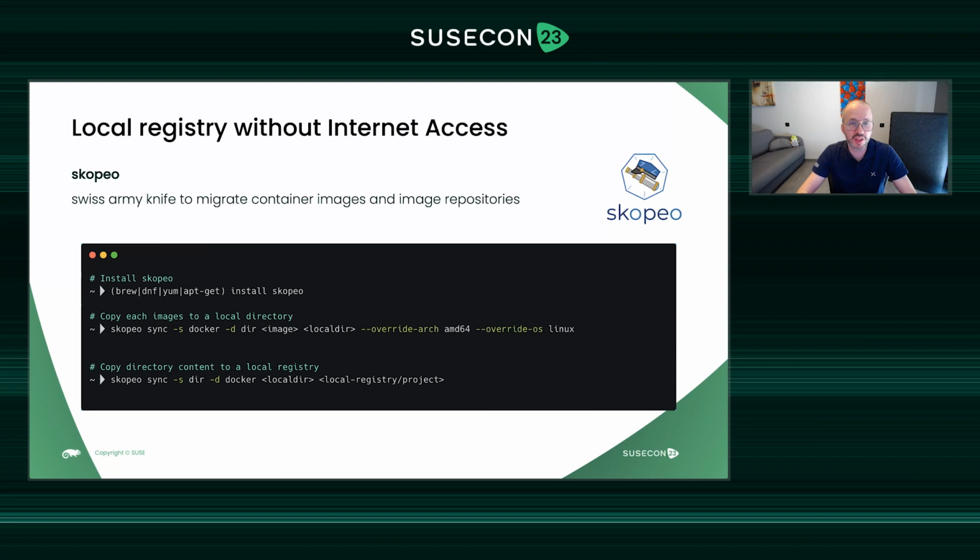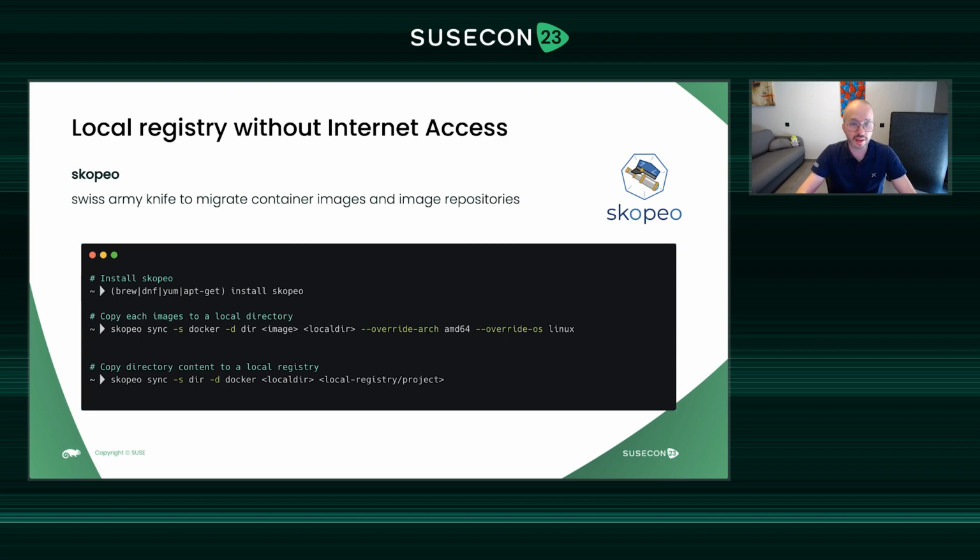It's pretty easy to install; you can use your preferred package manager depending on your platform, Linux, Windows, macOS, whatever. After that, there is a simple command like skopeo sync, where you can say, I want to take images from this source. And you can do two things. You can make a one-step process where Skopeo, with just one command, syncs between the public registry and the local registry.